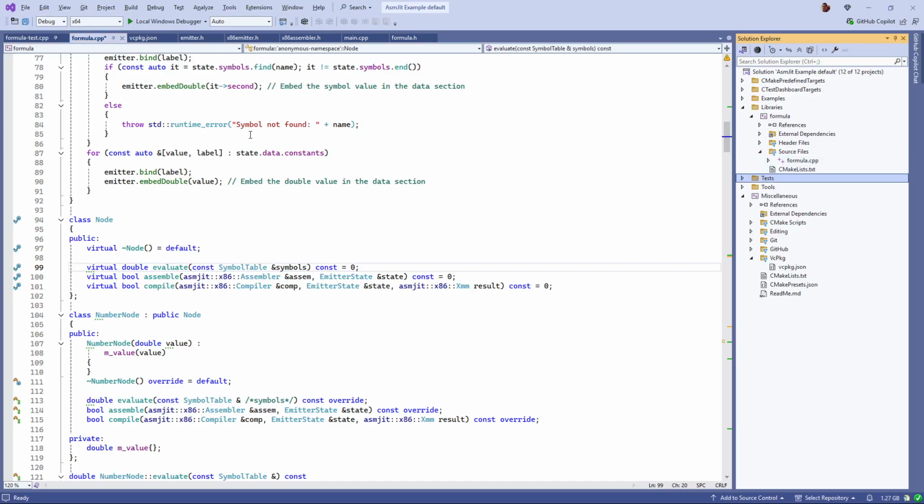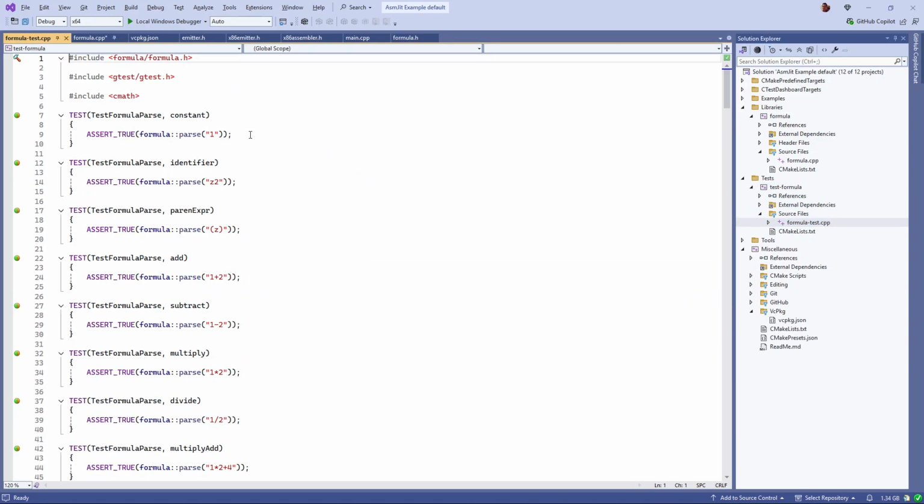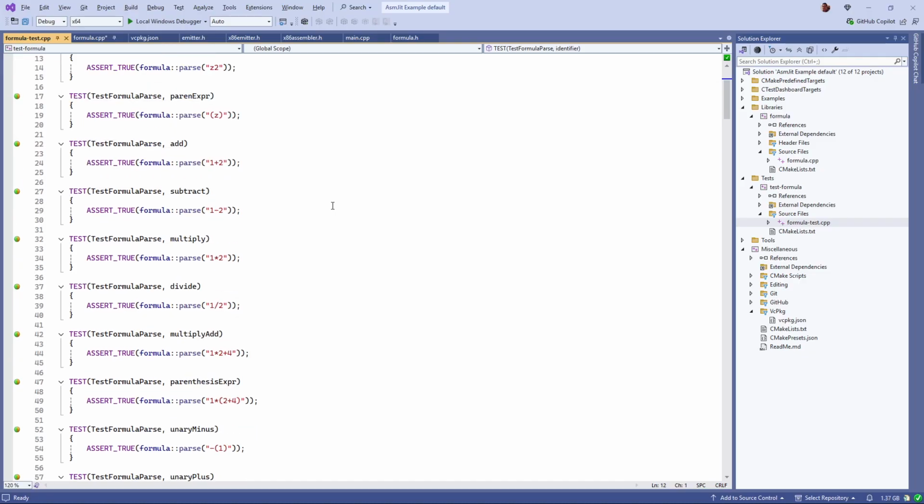I found it useful, if you look at our tests over here, I just have all the tests in a single file. I found it easiest to start out by just saying, this text should successfully parse. I don't care what the abstract syntax tree is or whatever. I'm just testing my ability to parse and recognize valid constructs in the source text. So I have a bunch of tests for parsing,